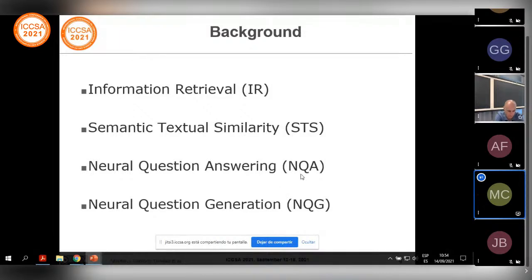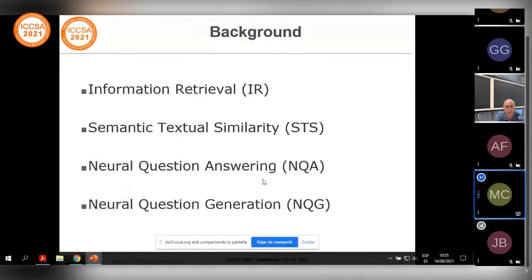The third one, neural question answering, as its name says, consists of answering questions. Now, this can have two types of inputs. The first only requires a question, while the second requires the question and the text that contains the answer. The last one is known also as reading comprehension. And finally, neural question generation. Unlike the previous one, this task generates questions from a text. Some of these networks also generate their respective answers. The last two tasks have in common the term neural, since they are based on neural networks.